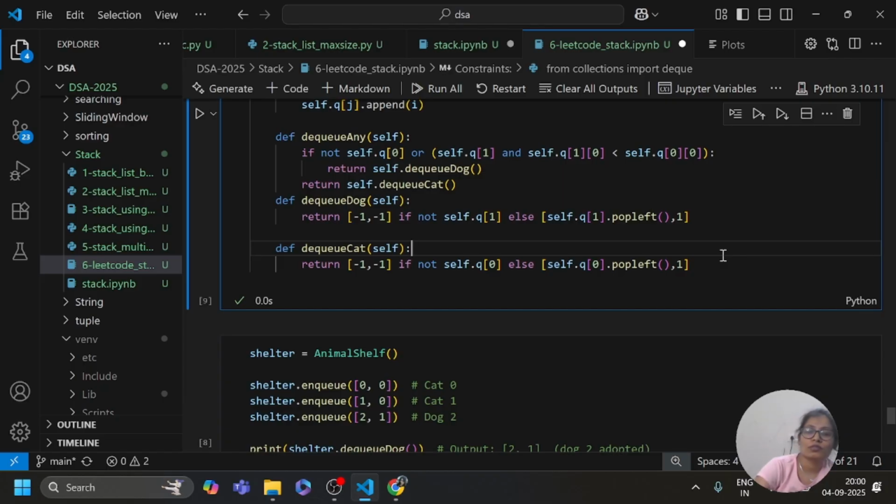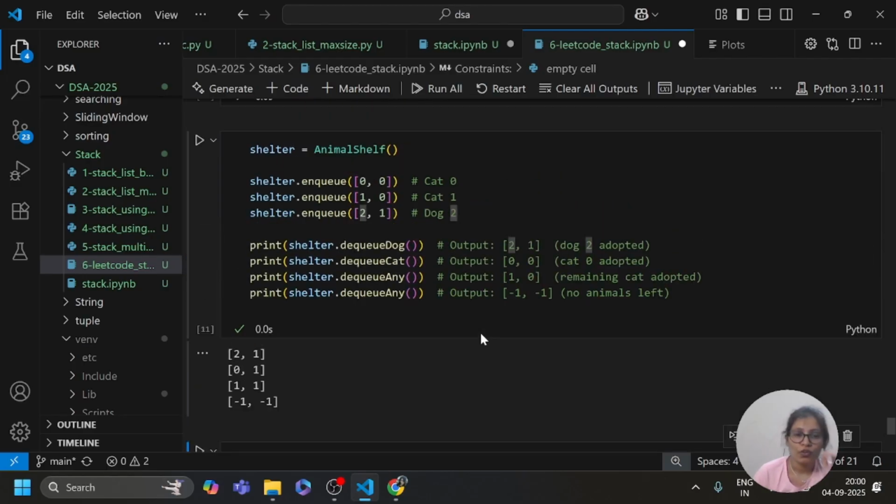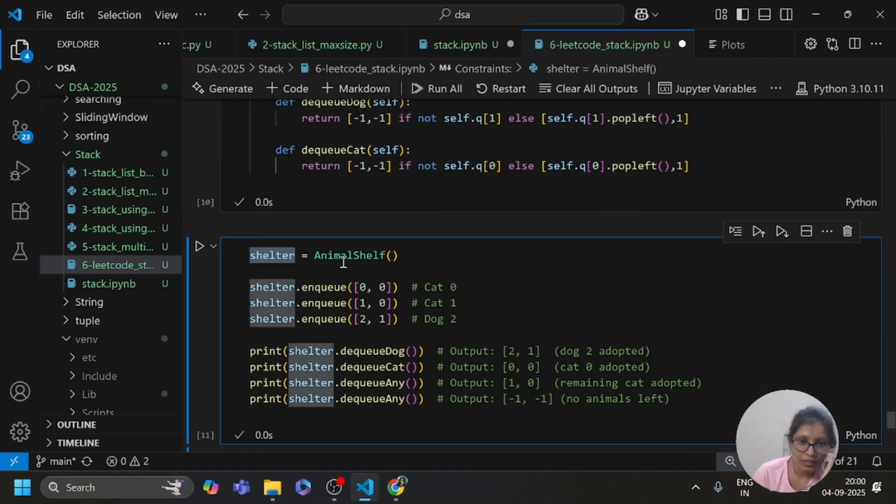So I am going to run this. After that I need to run this. This is the object for the animal class, and shelter.enqueue. This is used for a cat, shelter.enqueue 1, 0 for cat 1, and shelter.enqueue 2, 1 for dog 2.